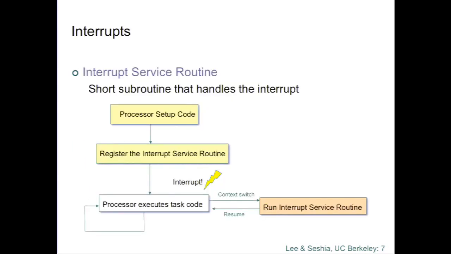So the way that interrupt mechanisms work in general is you define an interrupt service routine, which is a short subroutine that handles the interrupt. Okay? You set things up in your setup code. You register the interrupt service routine. I'll explain how that works, actually. It's useful to understand the low-level mechanisms of how this actually works in processors. Then your processor starts executing, and then when the interrupt occurs, you suspend the execution of whatever you're currently doing. You go and you run your interrupt service routine, and then you come back and resume executing where you left